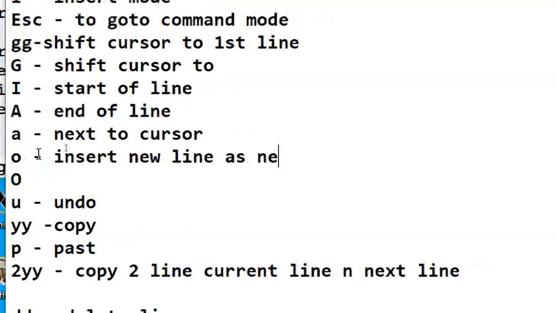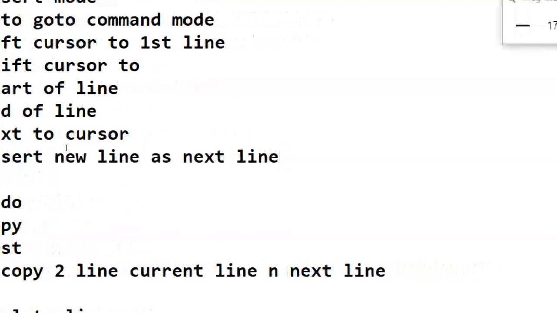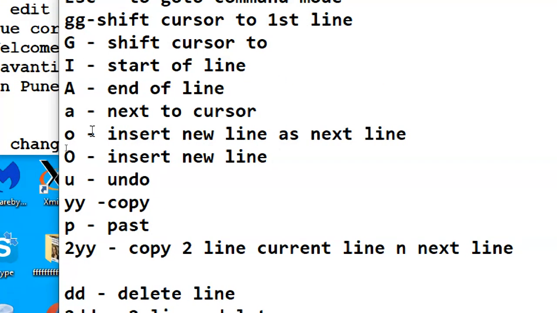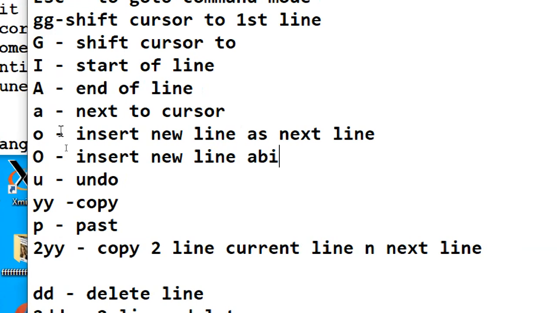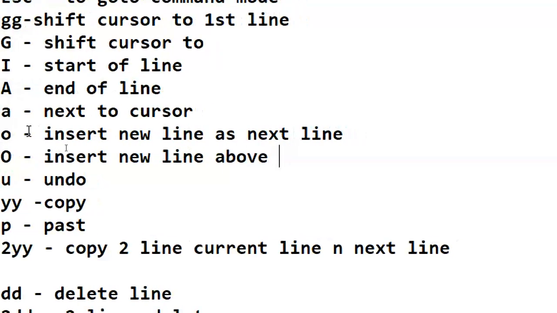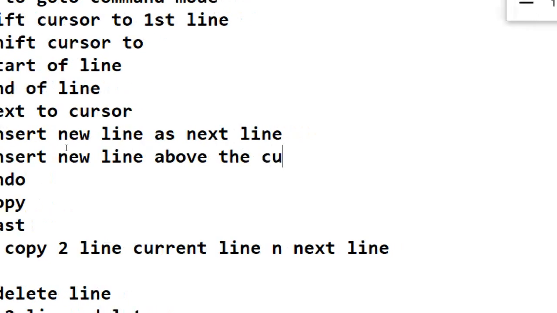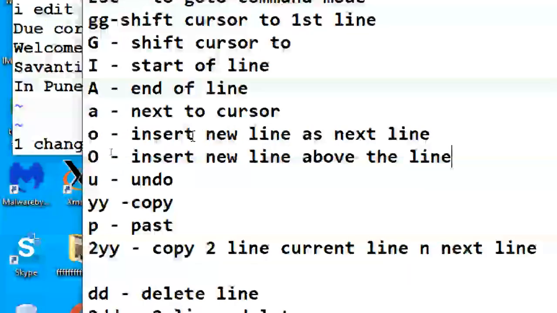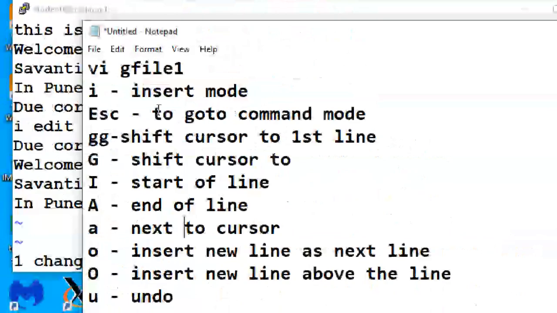Small o will create a next line, right? So capital O, insert mode, inserts a new line above the current line. Okay, these are all insert commands.